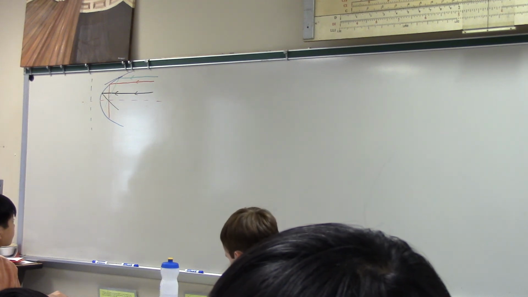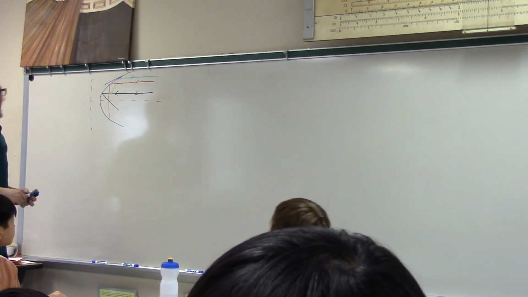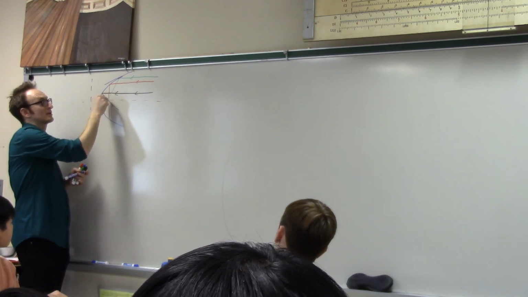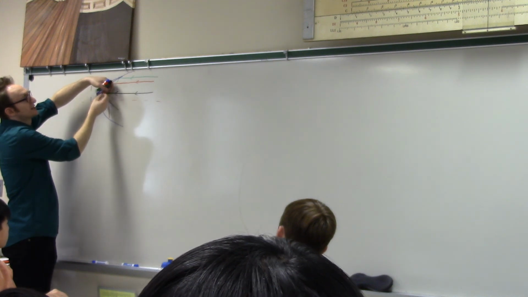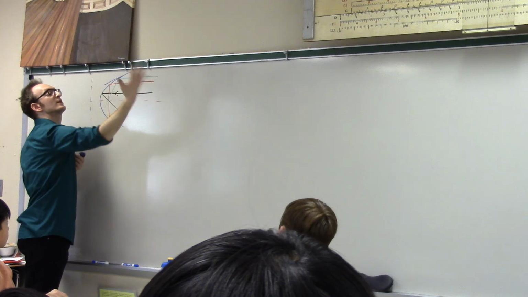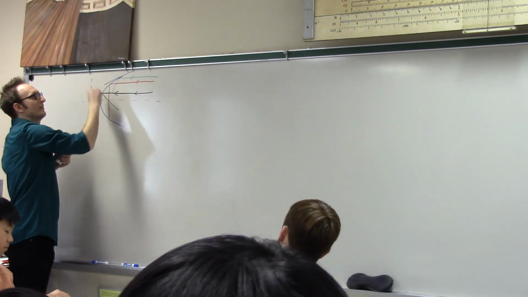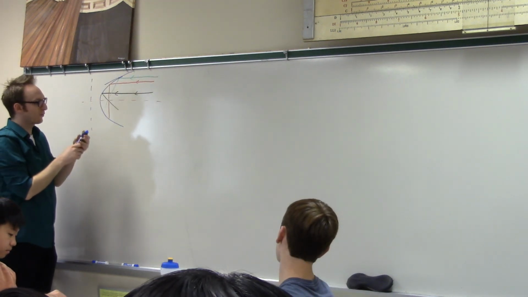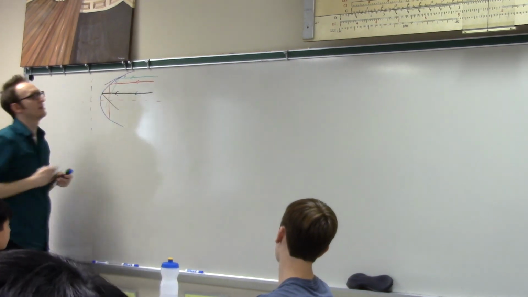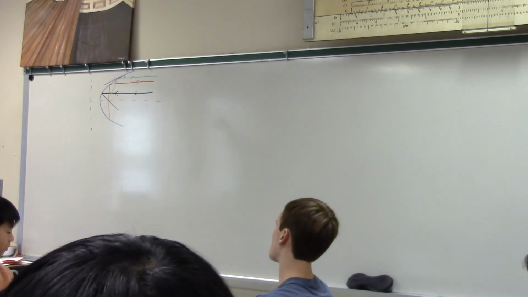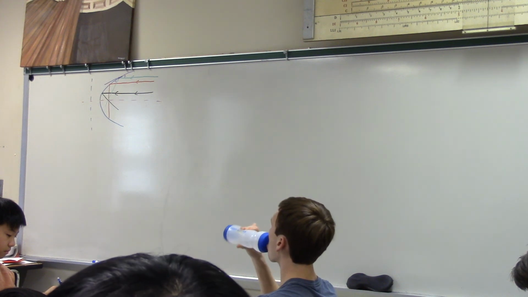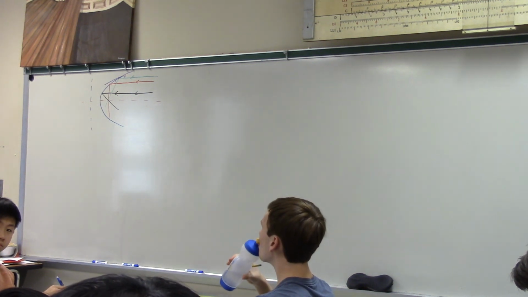There are 2 different ways to think about this. You can think about it as a light source located at the focus sending rays off, bouncing off tangent lines, and going parallel to the axis. Or you can think of it as the rays going towards the parabola, bouncing off to the focus. But either way, what we must show is that these 2 angles are equal. That for any ray of light, the angle of incidence equals the angle of, what's that called, refraction? Reflection. We actually proved this in optics, on the first day of optics, right? No, the first